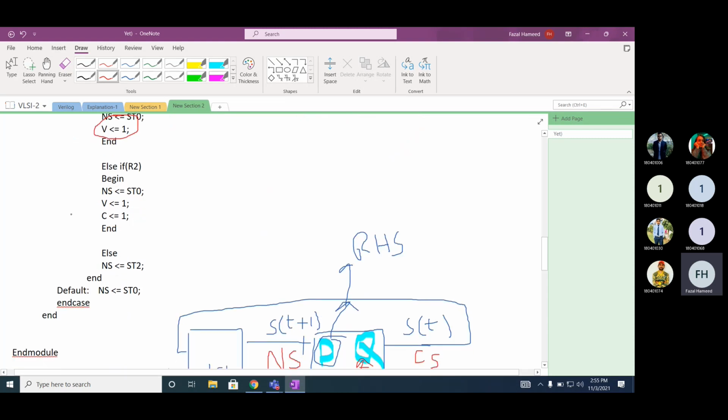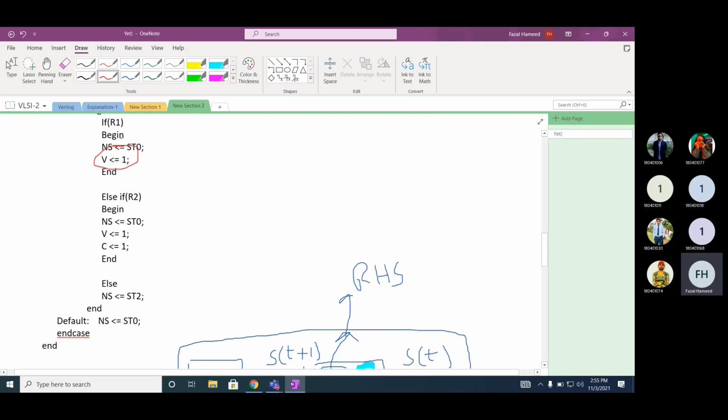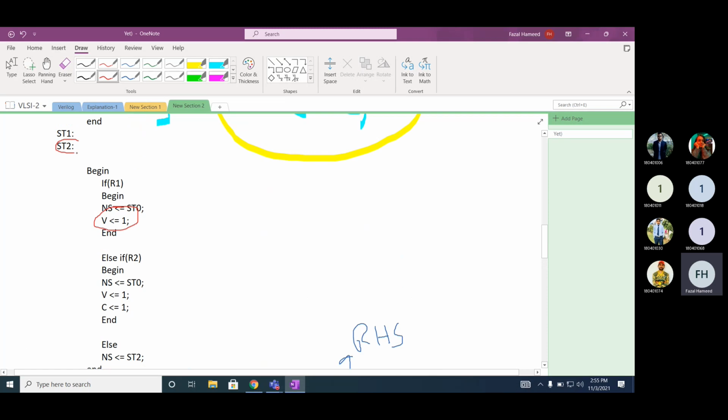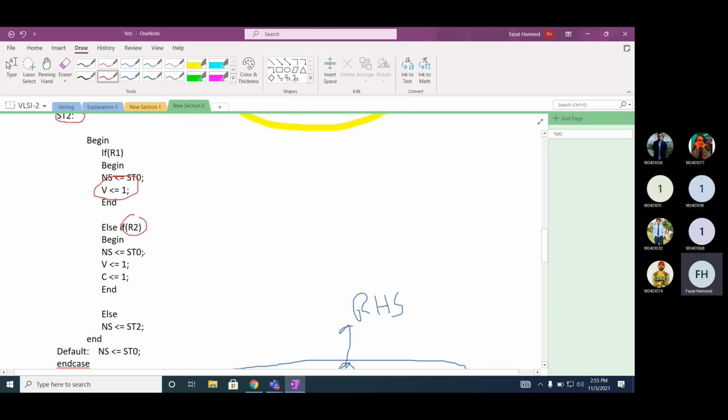The same is true for now. Let's assume the system has an accumulated sum of 2 and the user inputs a rupees 2 coin. What is now the accumulated sum? 4. So in this case, WAND will be 1 and change will be 1. So what about the default value? The return. So if you see here, the system is in state ST2, and the user inputs a rupees 2 coin. The next state is ST0. WAND will be 1 and change will be 1.